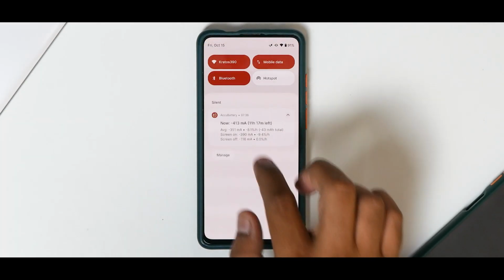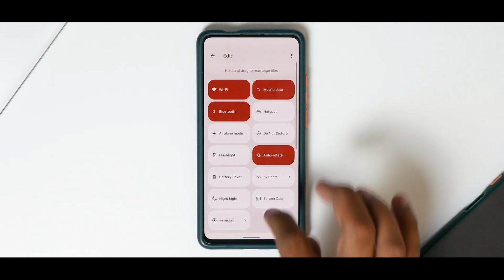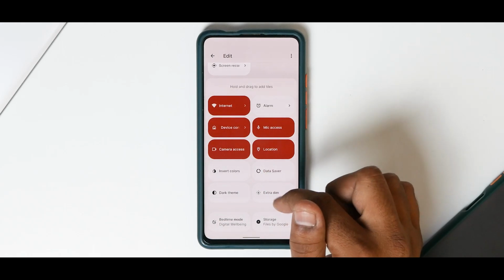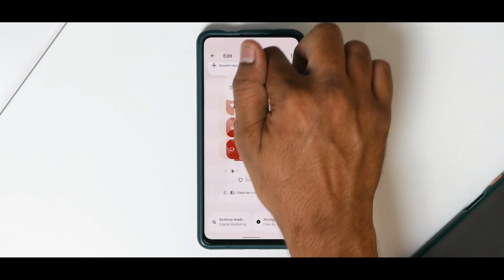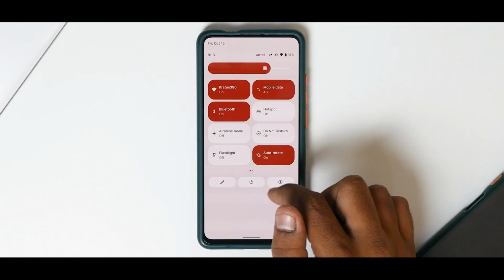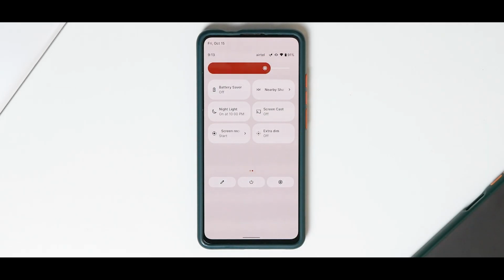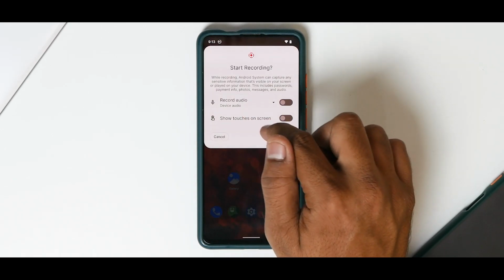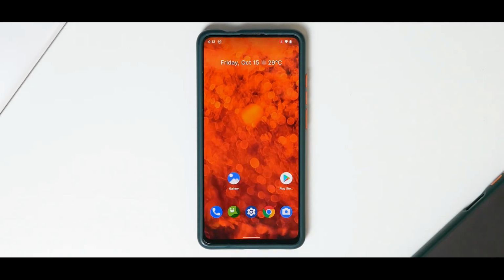So let's now go from top to bottom. Now this is where all the magic for Android 12 happens, to be honest. You have your battery saver, you have your mic access, location, camera access, you can disable them. You have extra dim, so you can go ahead and enable that. Press and hold over here and take it there. You have data saver, dark theme, bedtime mode, and storage for files by Google. So you click on extra dim, it becomes extra dim. We don't want that, right? So the quick tiles are working fine. You do have a screen recorder which allows you to record internal and external audio. So you enable this and click on start,